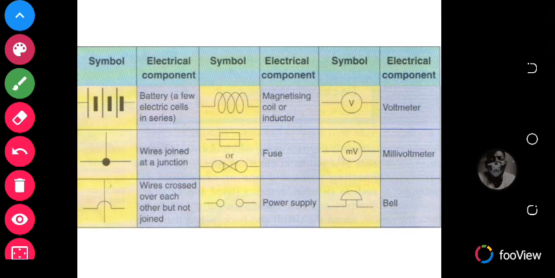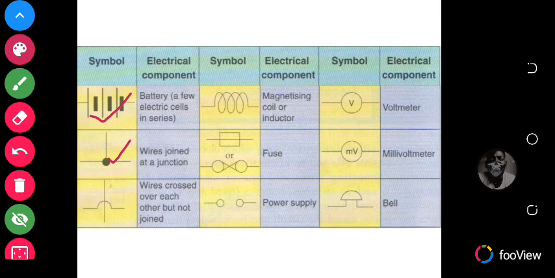So if the battery is more than one, you can tell that the batteries are three, because we have one, two, and three different batteries. Okay, and when the wires are joined together at a junction, this is how you represent them. Okay, and the rest are not very important right now. So you should know if the number of batteries are many and the joining of the wires for now. Okay,